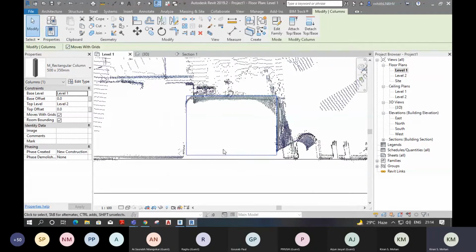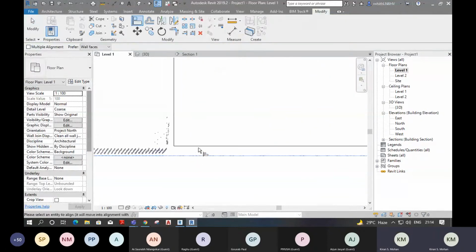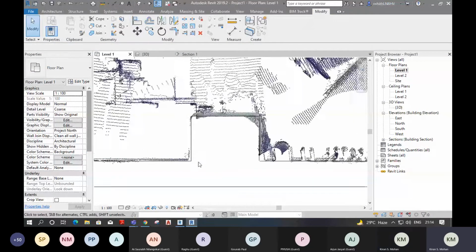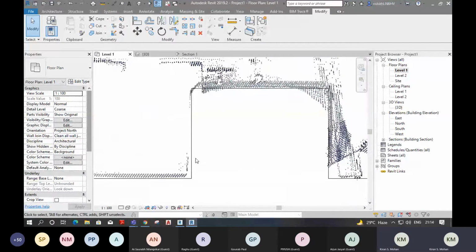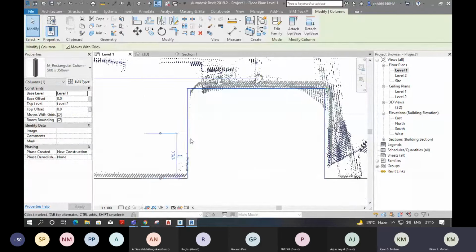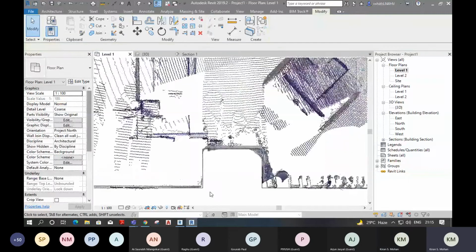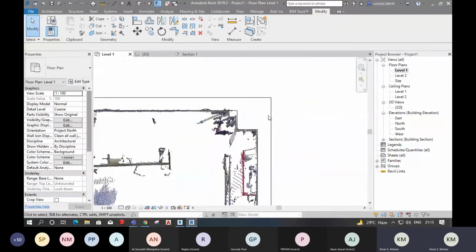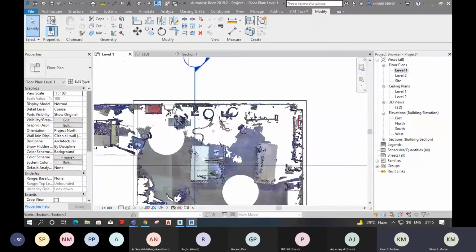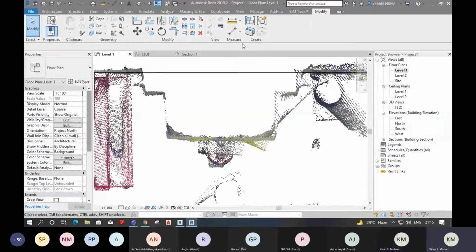We can use this location. So this column and this column are selected. Now our next option is this one. So here we can measure from this line. First I'll make a dimension line. So yeah, it's 400.